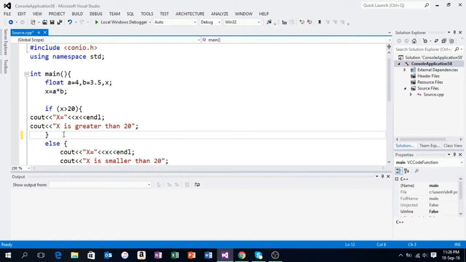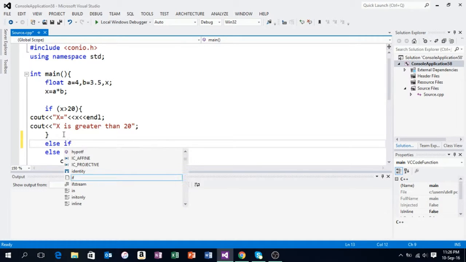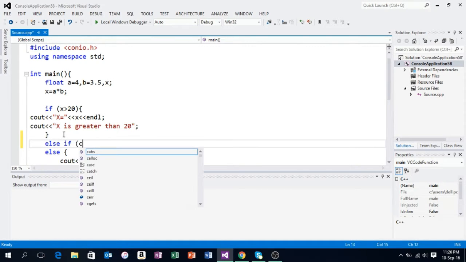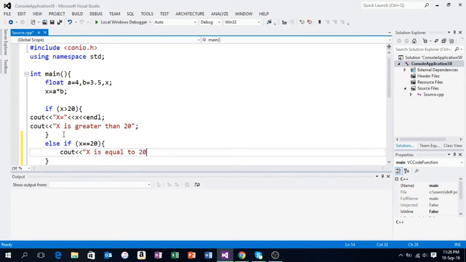Like here I'll show you, else if x is, let's say, equal to 20, curly brackets, then we can say that x is equal to 20